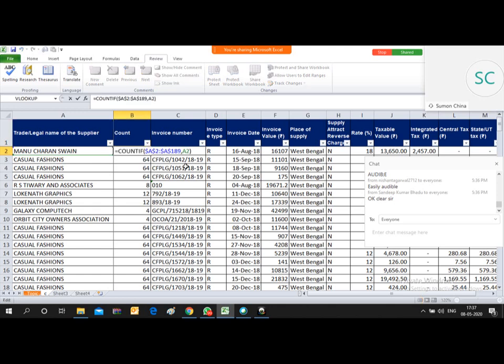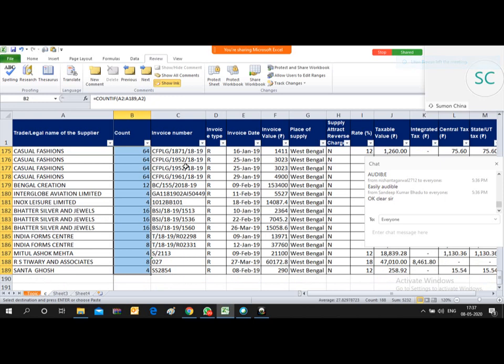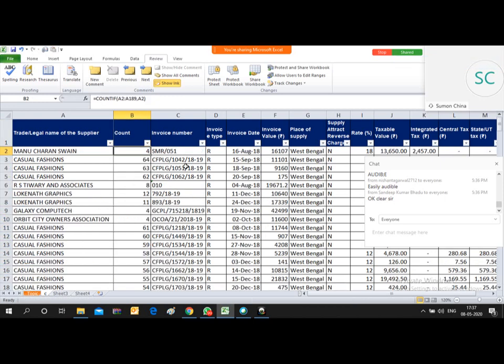Suppose I unfreeze the range and then copy this formula to the end. Whenever the data appears for the first time in the column, it mentions that Casual Fashion is appearing 64 times, but in the next cell, where Casual Fashion appears again, it is writing that it is appearing 63 times.